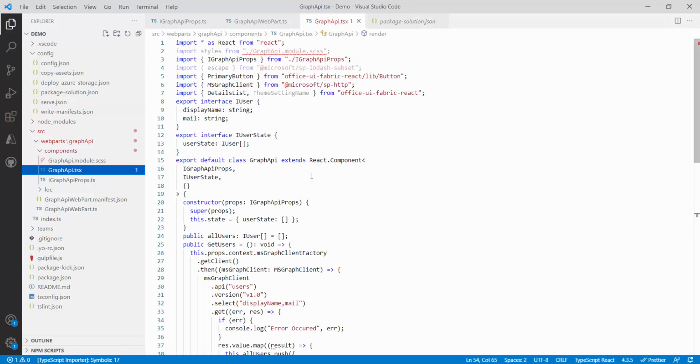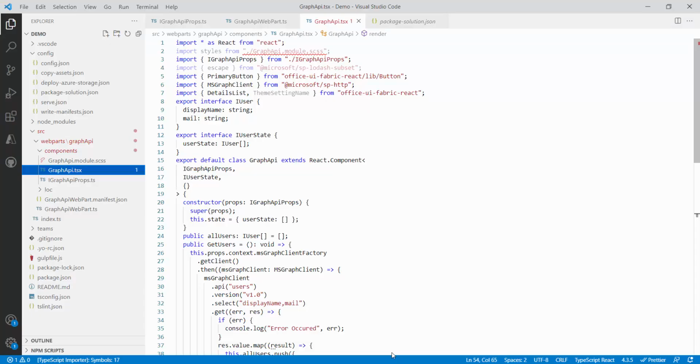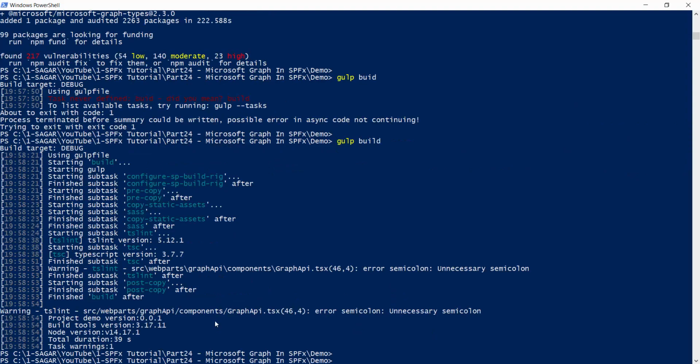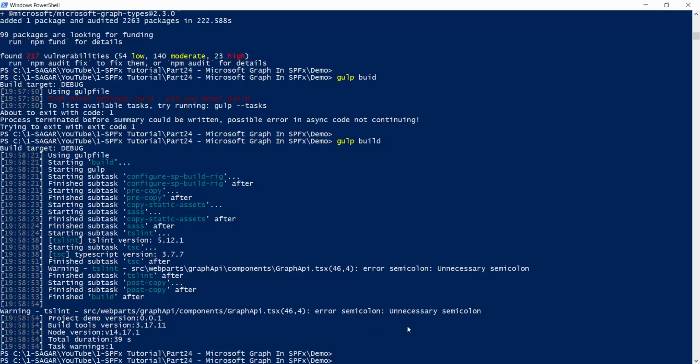Okay, fine. This error is still there. Let me see. Okay, this is still running. After gulp build is completed, we will test it in the local workbench. Again, there was a typing error over here, so I am running this command again, gulp build. Okay, now the build is completed, and you can see this error got resolved. So whenever you face any error related to your SCSS file, just build your solution first. Okay, now as discussed, let's run gulp serve.